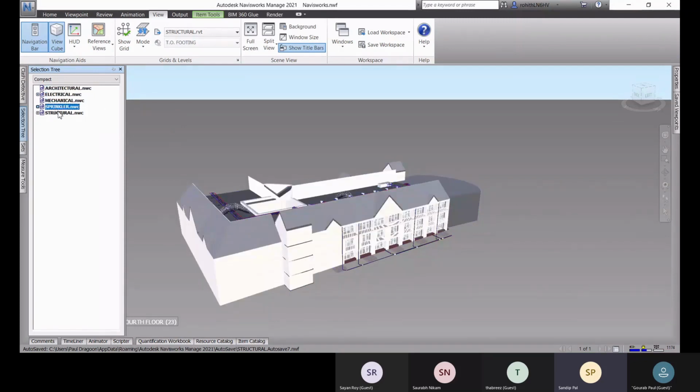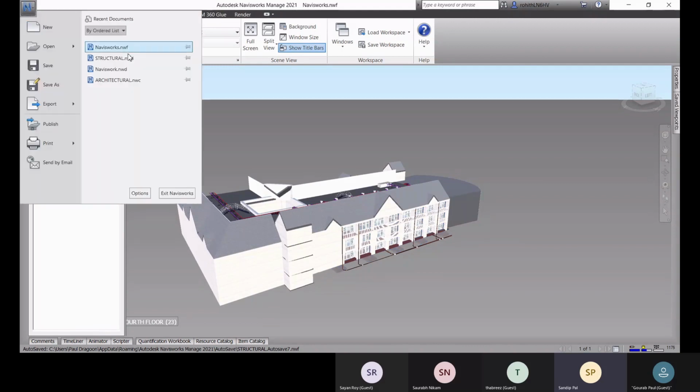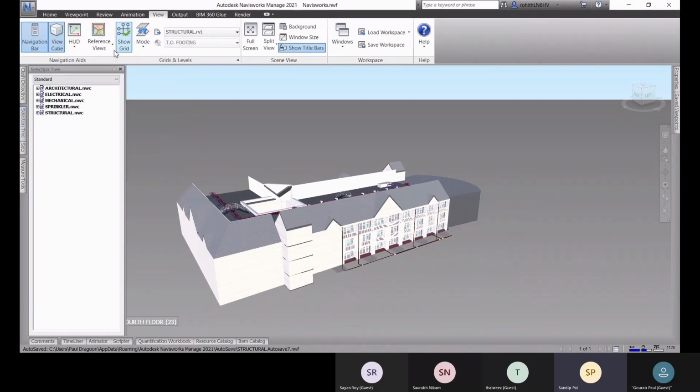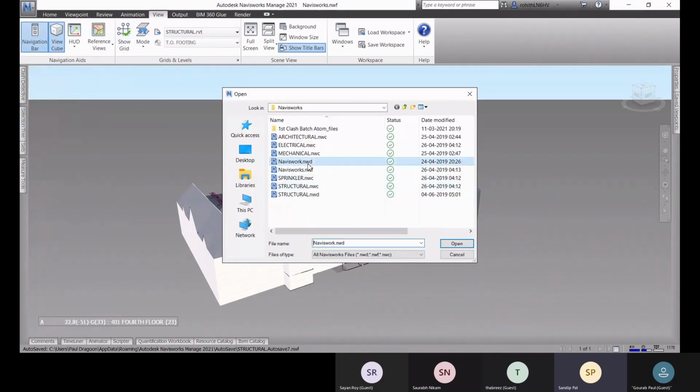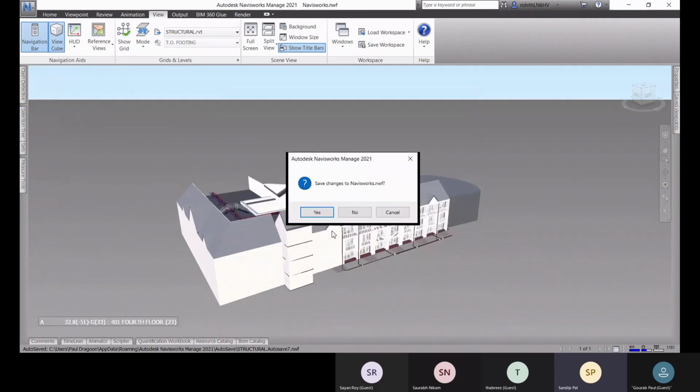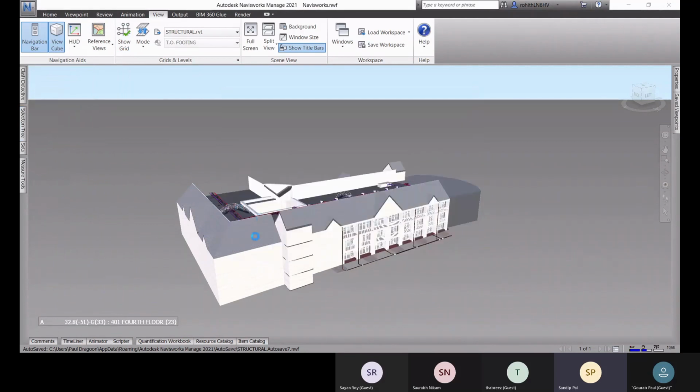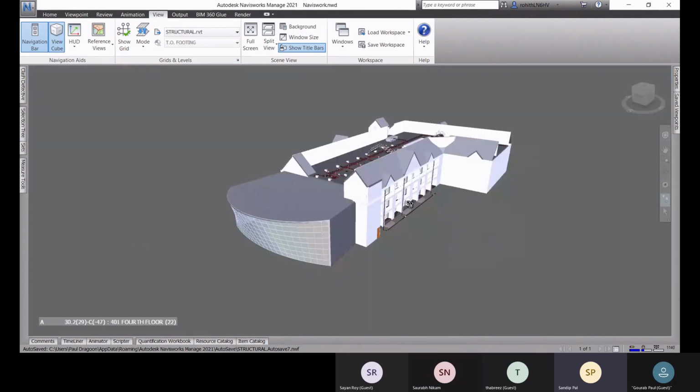For each department or discipline, I can select this way. Let me open again and choose the NWD. So click on open. If you want to produce your quantity takeoff for the whole model,